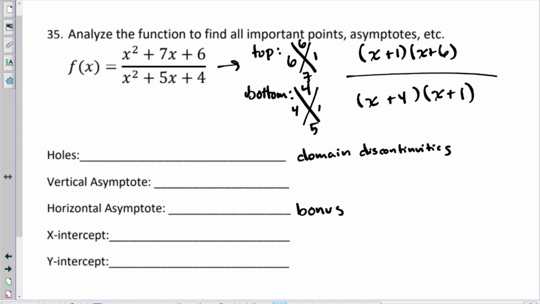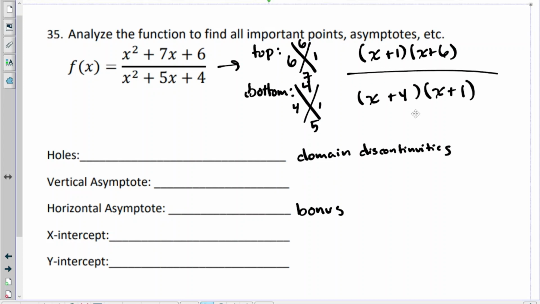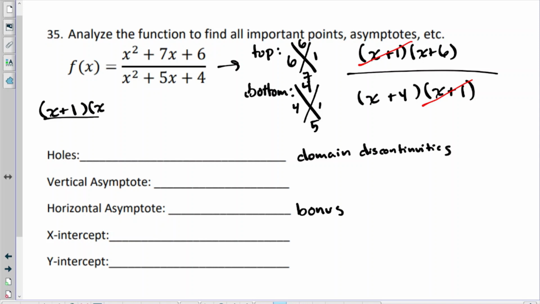Okay, so that's really my new polynomial here. I factored out the top and the bottom. And then what I notice is that I have one polynomial on the top that's also on the bottom, which means I can theoretically just cancel these out. Okay, and so in final, my polynomial that I'm really looking at and what it's visually going to be is x plus 1 times x plus 6 over x plus 1 times x plus 4. These are kind of canceled out theoretically, but that's going to create a hole. Okay,